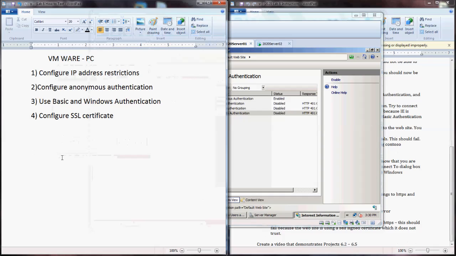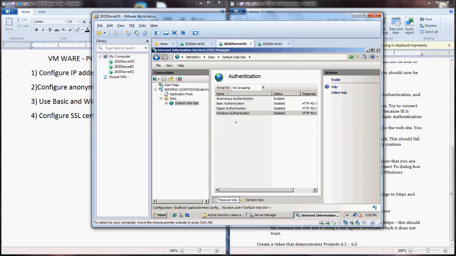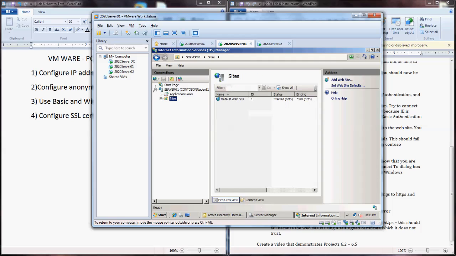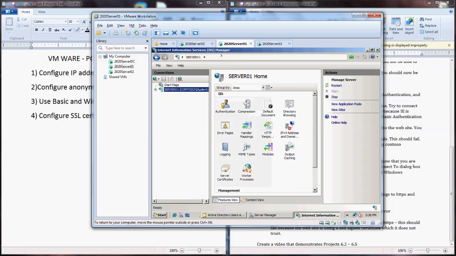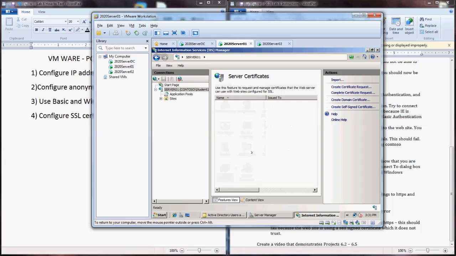Now we will be going on with step 4. We will be configuring an SSL certificate for our site. To do this, we will be going back to our Internet Information Services IIS Manager. Once you're in your IIS Manager, you will expand your server node, and then highlight your server node, and then in the middle pane you'll see server certificates. Double click that, and then in the actions pane